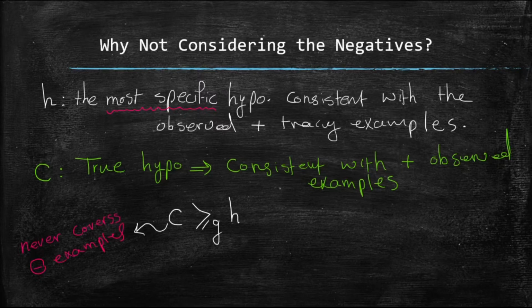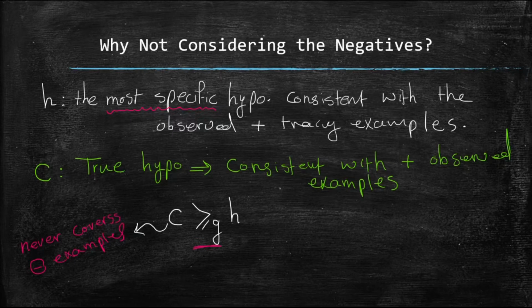Now I'm asking you, because now we understand what this definition means, then we can say that since target concept C will never ever cover a negative example, thus neither will the